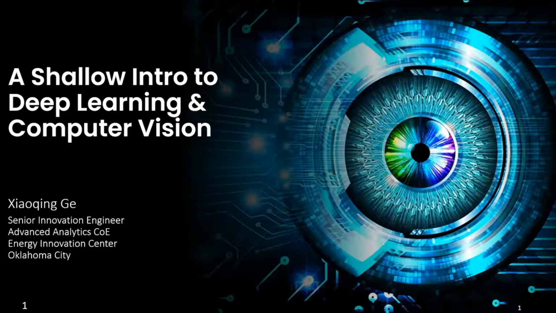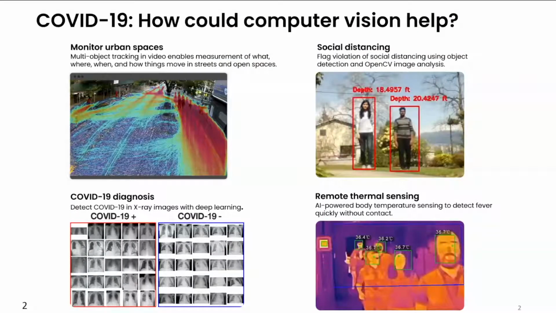Okay, with that, I'll go into the presentation and of course start with a safety moment. So I think really in 2020, one theme is the new normal. And because of COVID-19, it really changes the way we used to live. And every industry and individual are fighting the pandemic in their own way. And here I just want to list a few applications where computer vision technologies actually stand at the forefront in the fight against the virus.